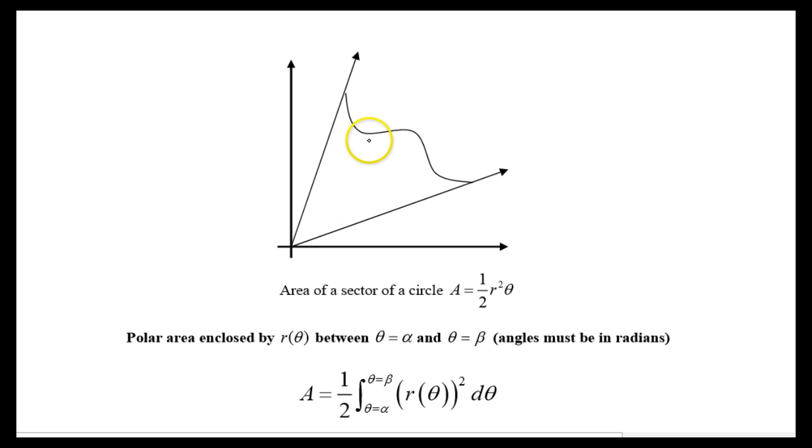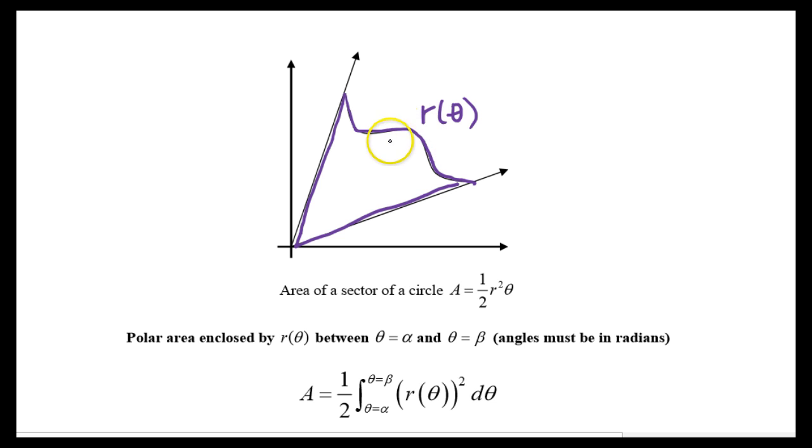Alright, let's take a look at this graph right here. So let's assume this wavy function here is a polar curve given by the polar equation r of theta. And let's say I'm interested in finding the area of this sector right here that's enclosed by this polar curve